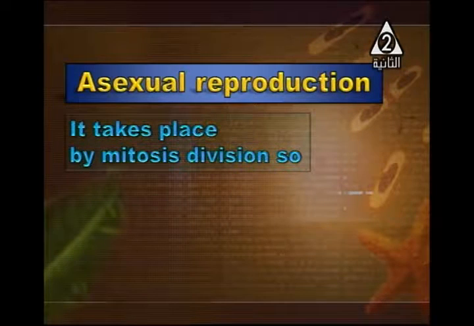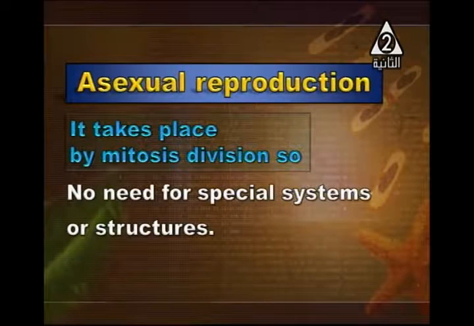It takes place by mitosis cell division, so there is no need for special systems or structures. These lower living organisms have no special reproductive systems,